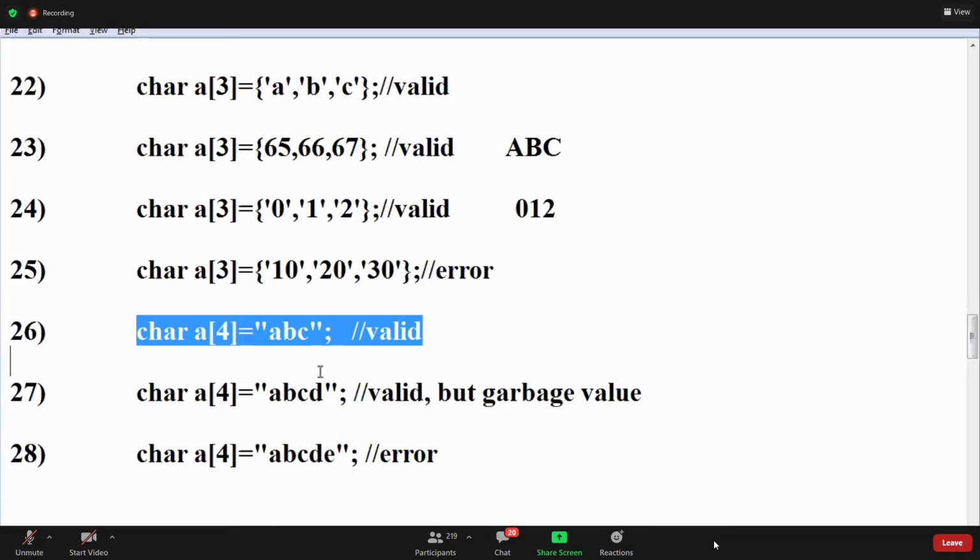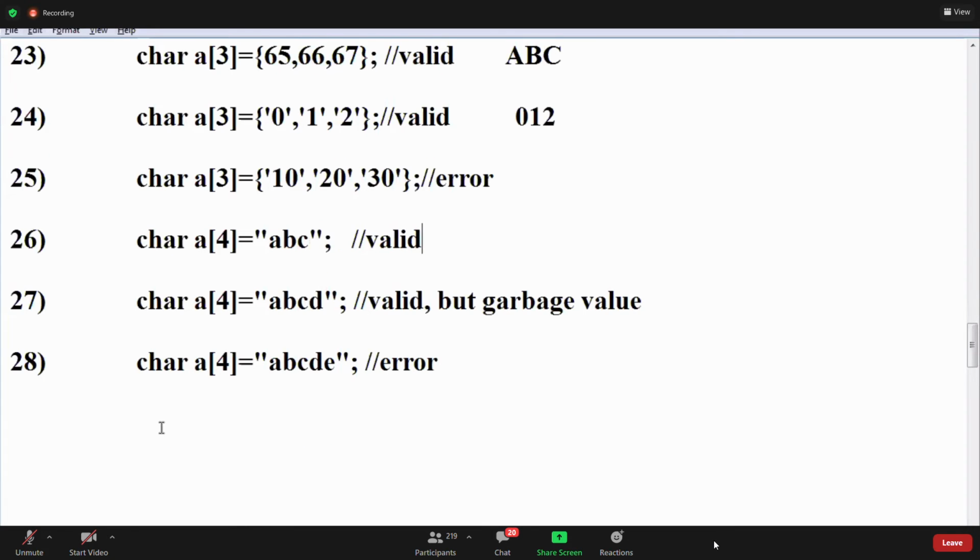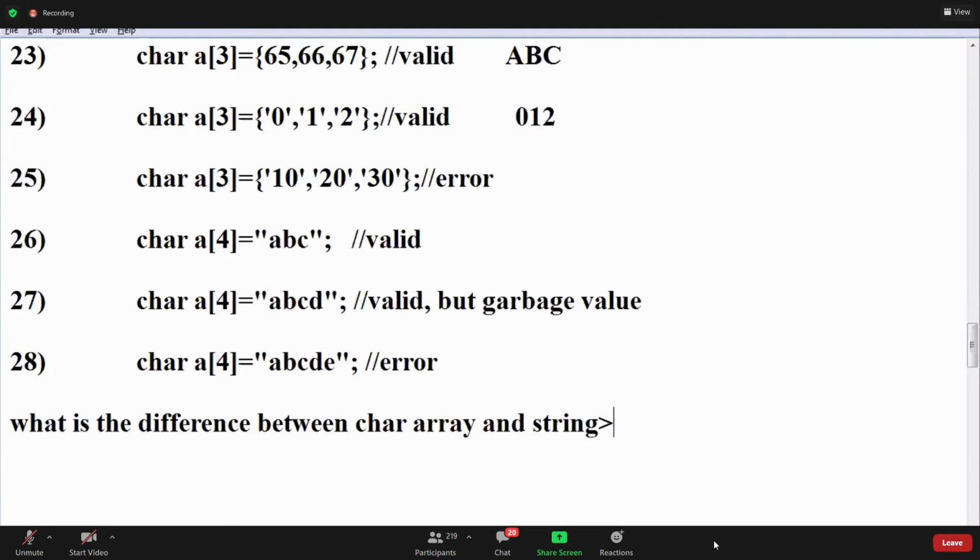What is the difference between character array and string? This is valid. Right. What is the difference between character array and string? The difference is what, guys?